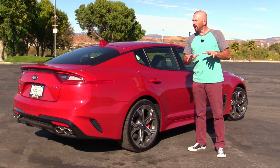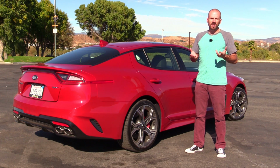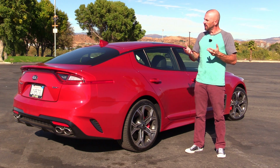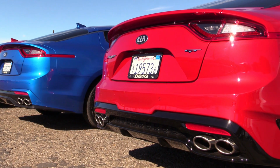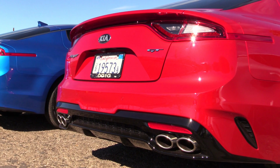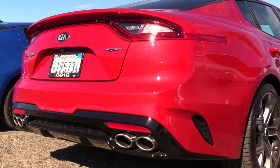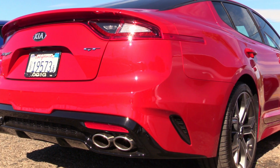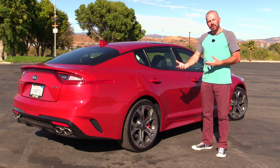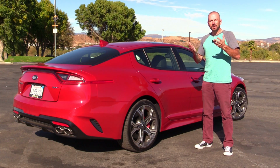At the presentation they talked about this. They did not go for a motorized spoiler like you see on a lot of the German cars that lifts up at speed. They've created this design here, which is fixed, less weight, less cost. It actually has the same downforce that a motorized movable one would have. So you've got that look at all times. It's not something that's going up and down, making noise when you're driving. Underneath the car, you've got full pan all the way underneath for aerodynamics at speed. Even the lower control arms on the suspension in the back have plates on the bottom that help them for